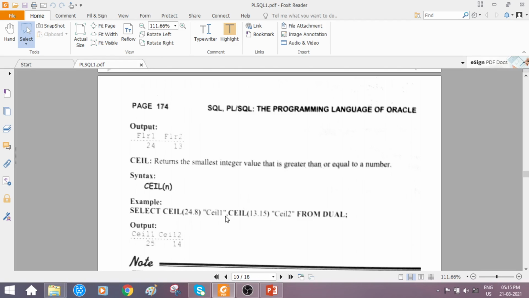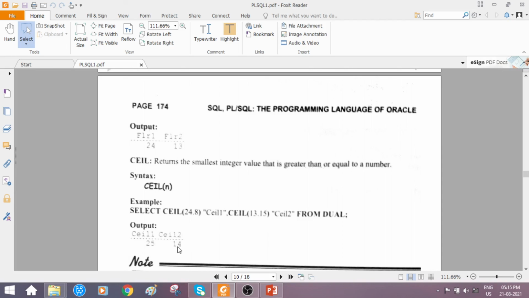Okay, then comma, ceil 13.15. So here 13 point, it is how much? Either it is 13.1 or it is 13.3, 13.24, anything. It will be considered to be the next highest. So 14, 13.15 will be ceiled to how much?